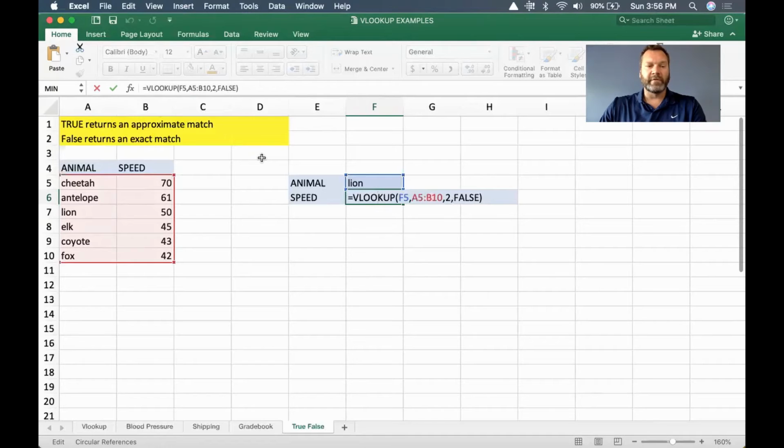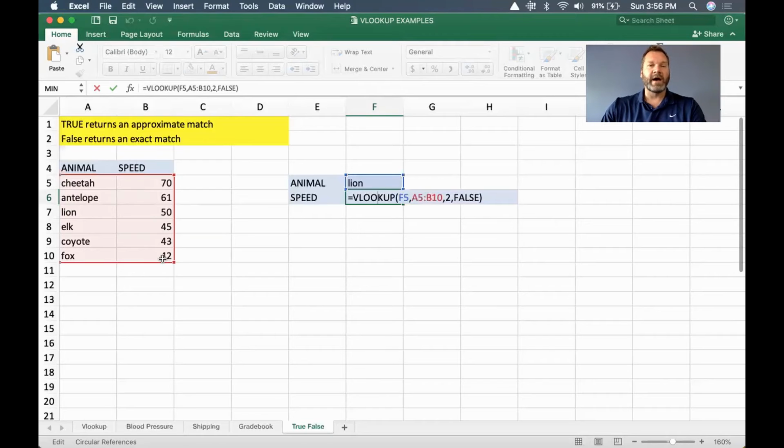So what is this true and false all about? There are optional pieces that you can add into a VLOOKUP. And the purpose of them is, if it's true, or if you don't put anything, it assumes that it's true, it will return an approximate match. So in the example that I've created here, we have our animal, and we choose what animal to write down. VLOOKUP in this part will then take that animal's name and compare it to the chart over here